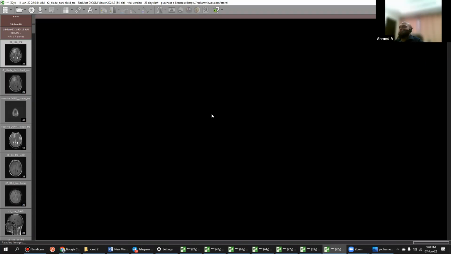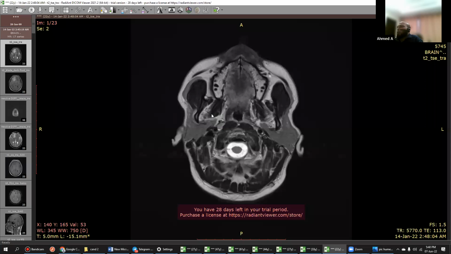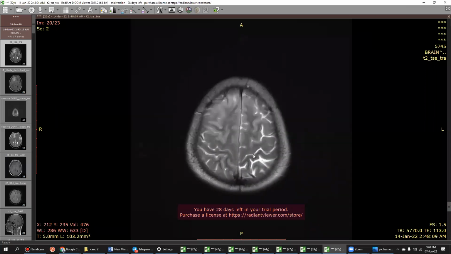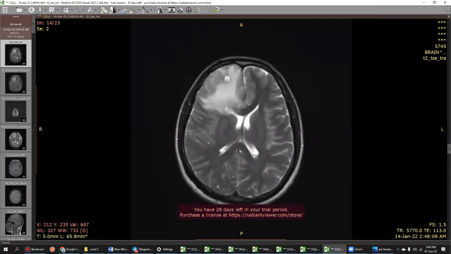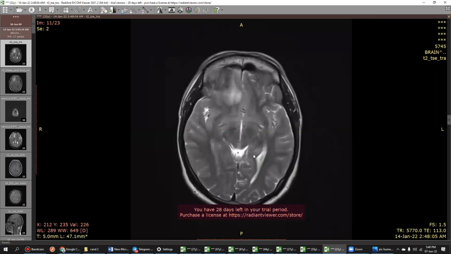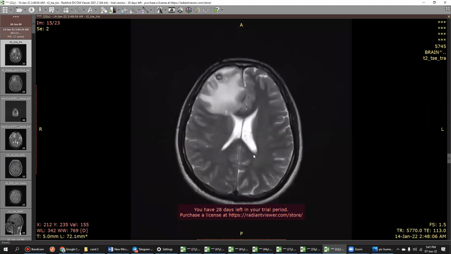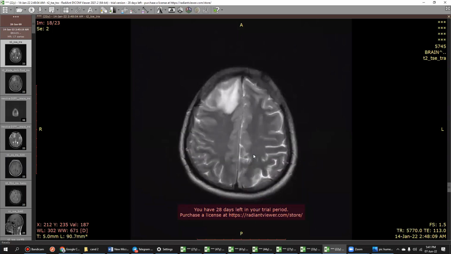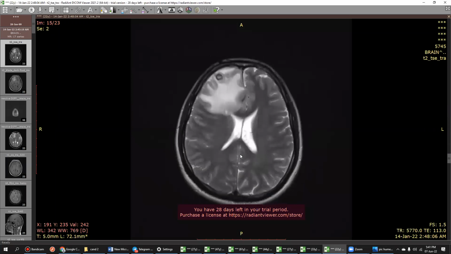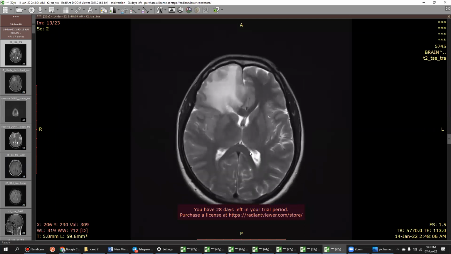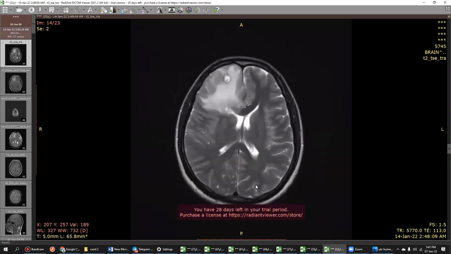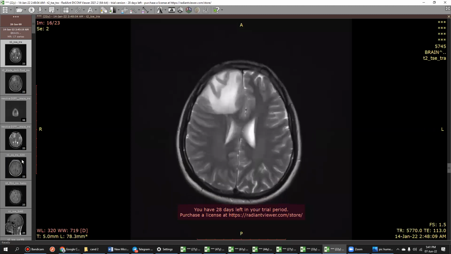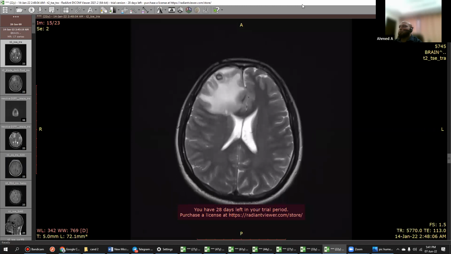I started with T2. Can you look at it again so that you can narrow it down to something else? So what are your differentials basically? You told me Mets and abscess. Or these could be cavernous malformations, but that won't present with the significant surrounding edema. It doesn't look like a primary mass, could be glioma. Okay, no problem. We'll move ahead. Aggressive looking.